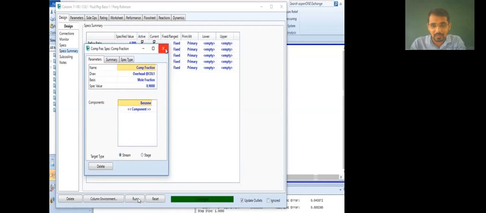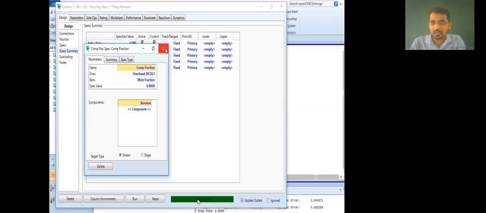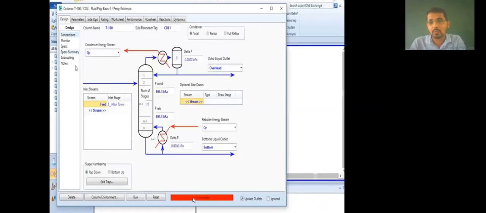Before double clicking, this looks like this. Unconverged means a red light, a red color tab is there. After double clicking over this run, this will be converged. Converged means satisfied. Like this. If that is not green, it means there is something wrong, some data is not provided. That tab must be green. Red means you have forgotten something. So find out what data is required, and check whether all data is provided or not.